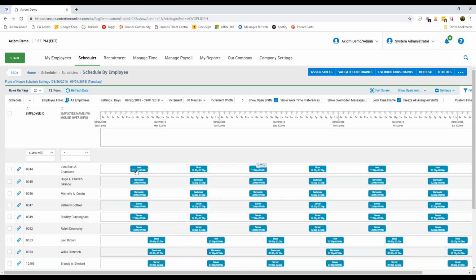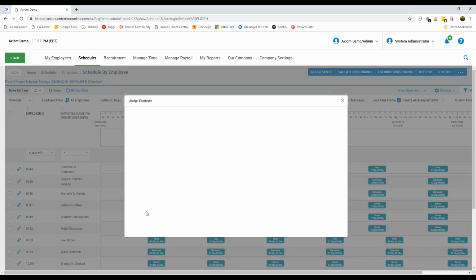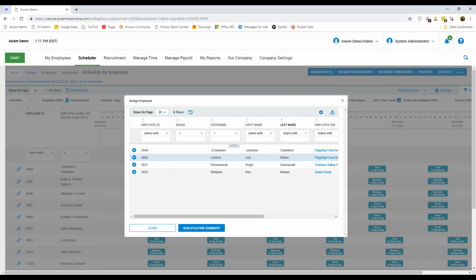And then these shifts, which usually start up here, they all show up here to begin with, can then be assigned to your employees. And that can be done a number of different ways. You can just drag and drop, which is pretty easy. You can also click on the shift itself, say assign employee, and then it will show you the actual employees who can have this shift